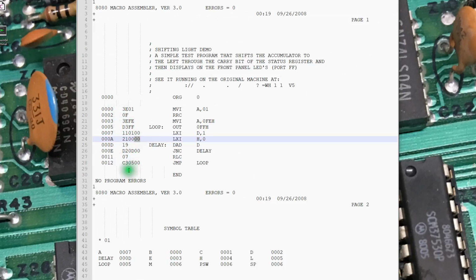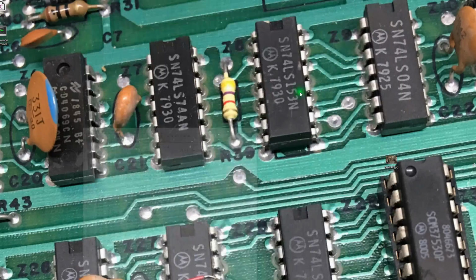And remember, these are hexadecimal values, so one of the keys to being able to toggle this into the front panel is to understand enough about hexadecimal that you can convert that to the binary bit pattern that goes into the machine. And we'll jump into that in a little bit here, but giving this gave me what I needed to toggle that program in. So if we jump in here